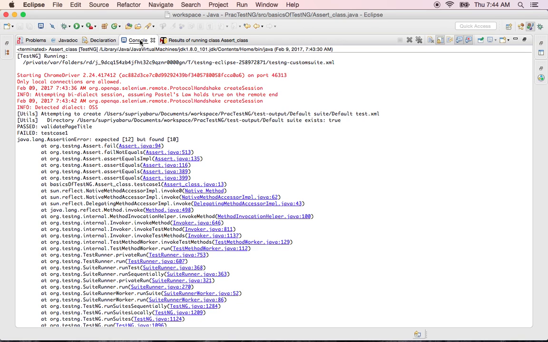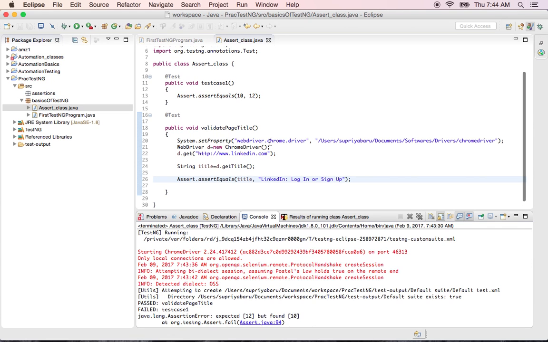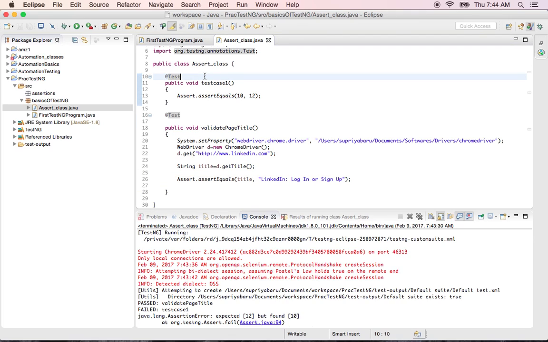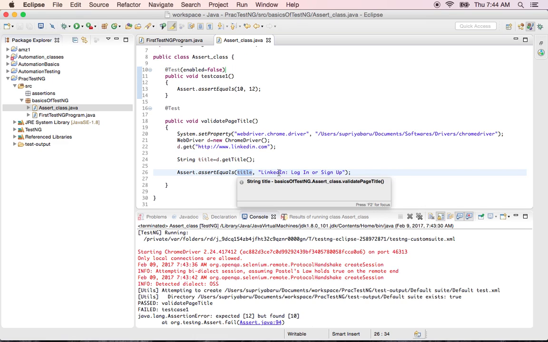So there is one way here I want to tell you that you can ignore test case. So in this case, the first one I told you just as an example. So let's ignore it. For that, what we have to do is enabled is equal to false. Just write this statement and this won't work for us. So in also the title what is returned is what we have seen that this test case is passed.